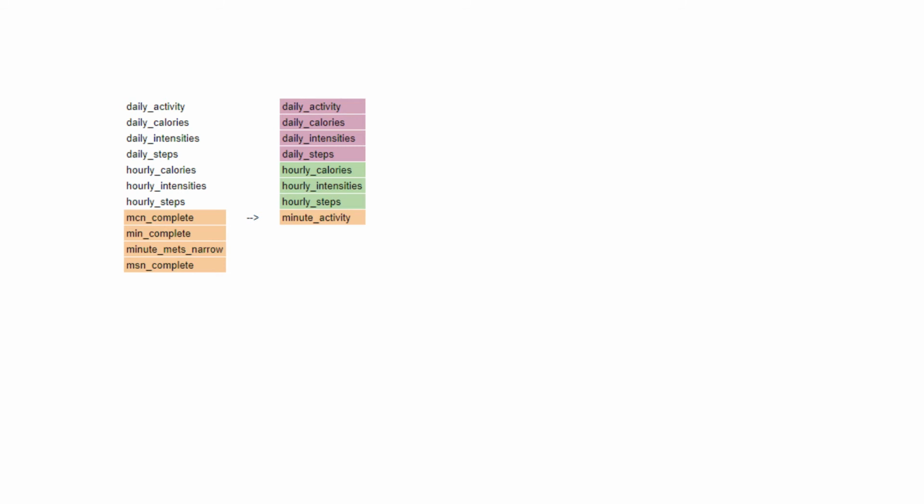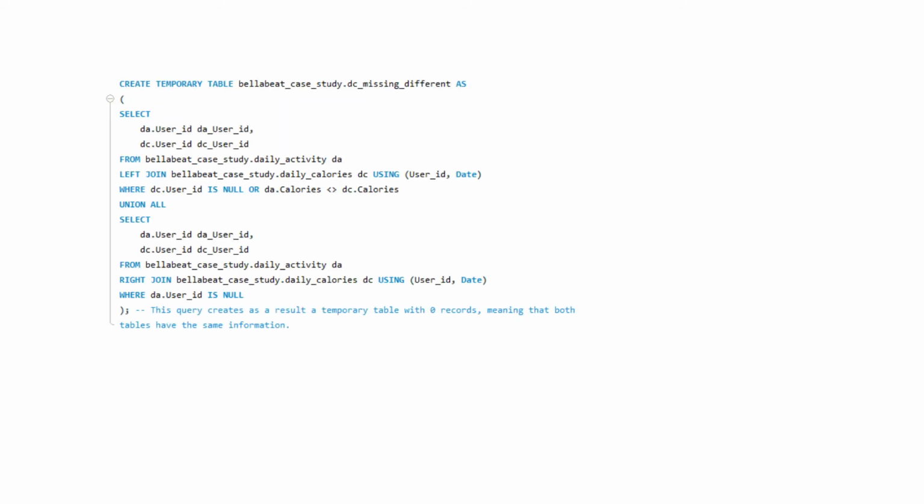But this was not the case with the daily and hourly tables. Next, what I wanted to know was if the daily tables had the same data, because the daily activity table apparently had the same columns as the other three tables. So I created tables with the values that were unique to any of the tables and the ones that were different between them. For example, on the screen we can see the query that compares the daily activity and the